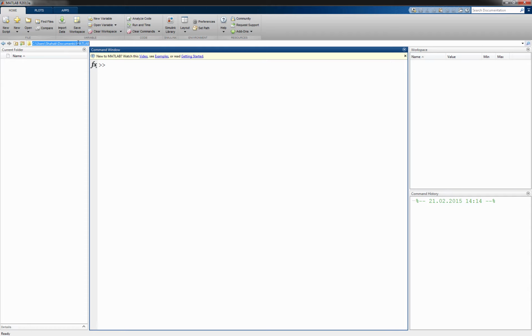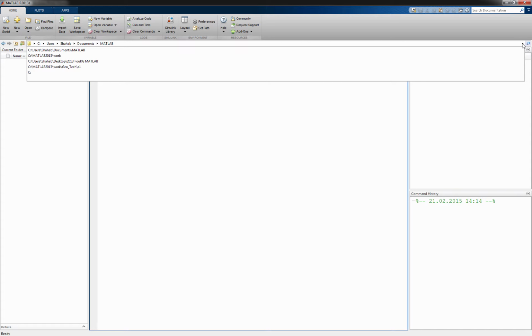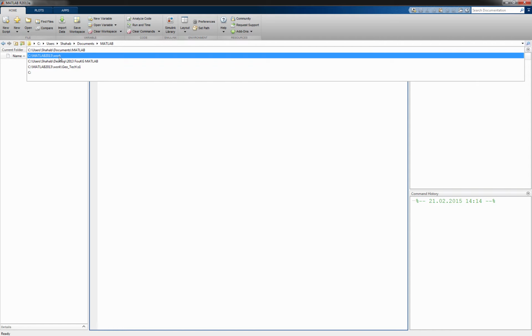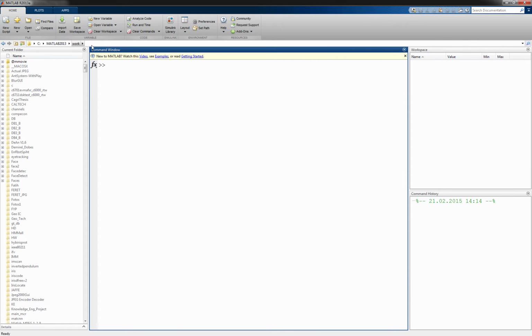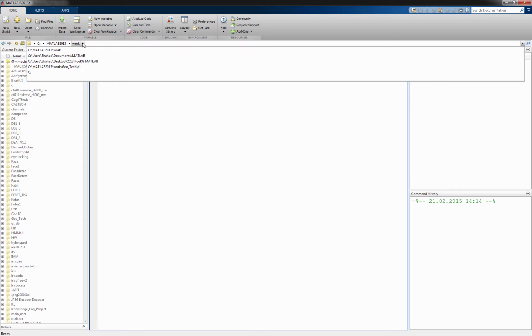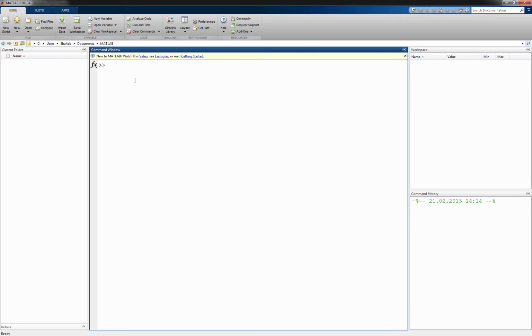Here, if you click, you can see the address bar, and you can always change it the way that you like. If you have entered several other addresses previously, it will keep them in its history. So you can just go down and choose the place that you want to go. For instance, I am changing it to my work document, or I can go back to the folder that I had initially prepared for this course.